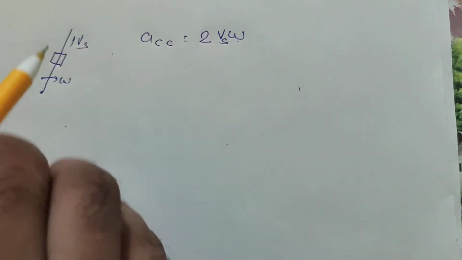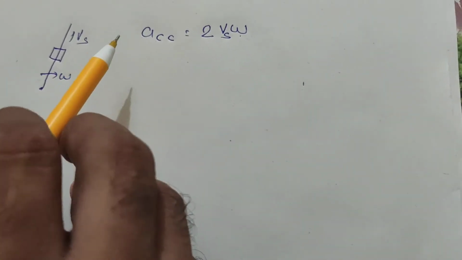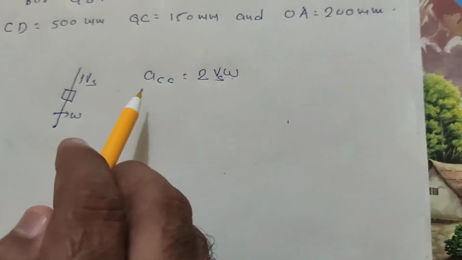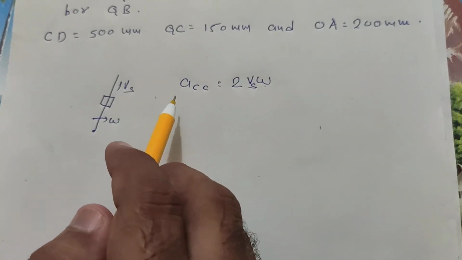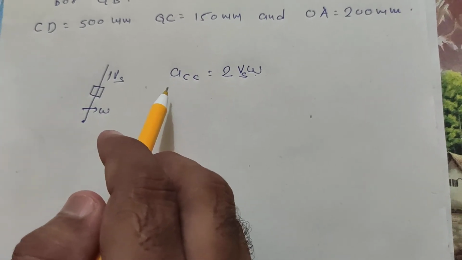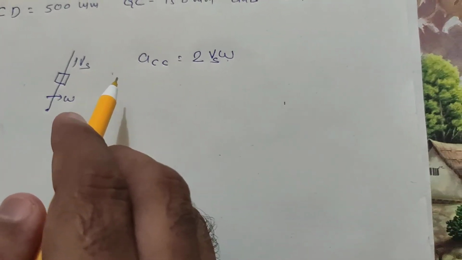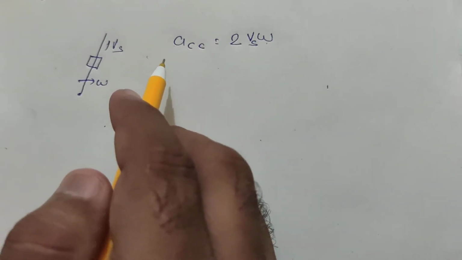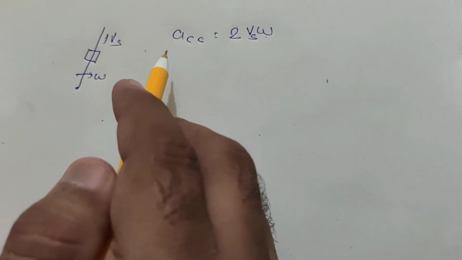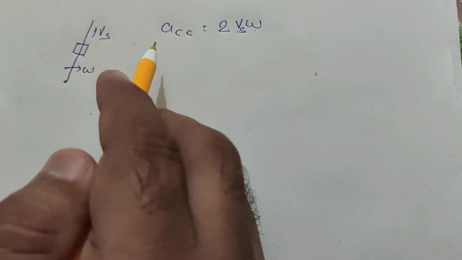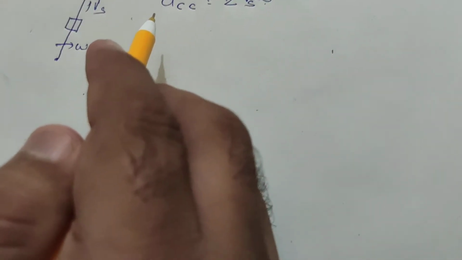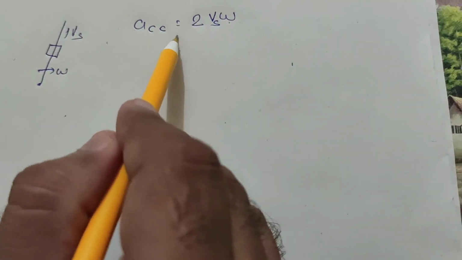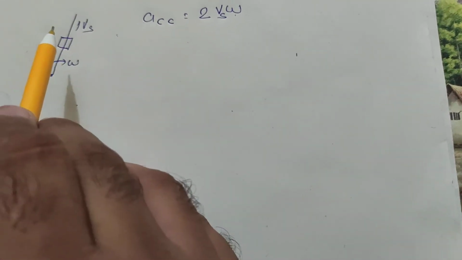The process is the same as before, but when we have to find out the acceleration component, at that time we must remember that the tangential component is 0. In the acceleration we have to find two components, normal and tangential. The normal is as it is, while the tangential we don't find, but in place of the tangential we find the Coriolis component of the acceleration. This point you have to remember.